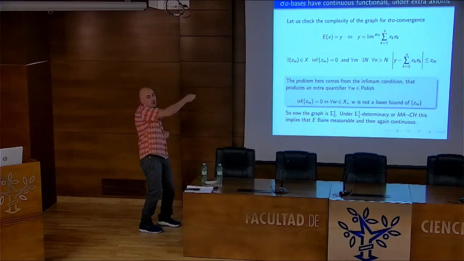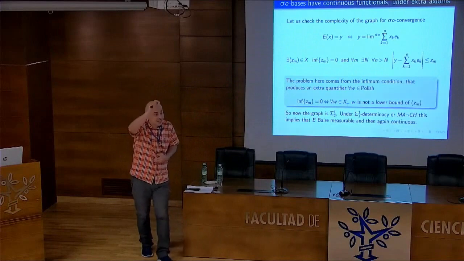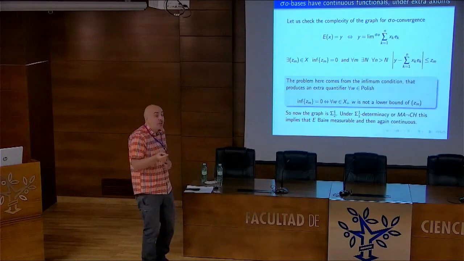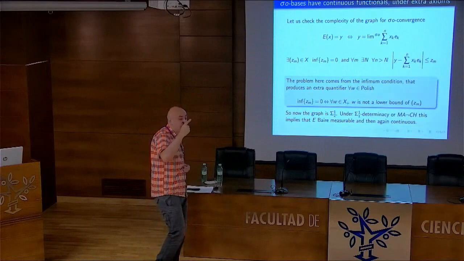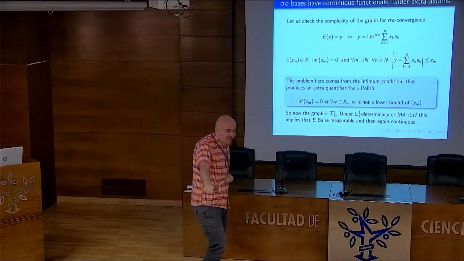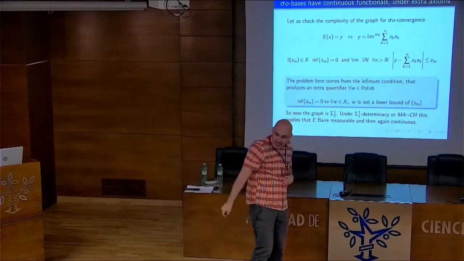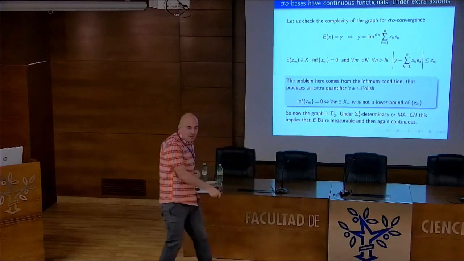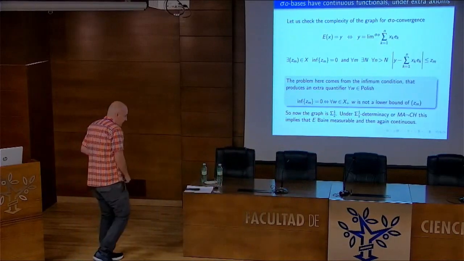Well, I'm not going to repeat the operation, but if I look at this order thing, what I get is a pi 1, 2 set, which means that I need to assume sigma 1, 2 determinacy to get the result. So I have to push the determinacy even further into the projective hierarchy if I want to obtain the result. So even more ghost-like set theory.